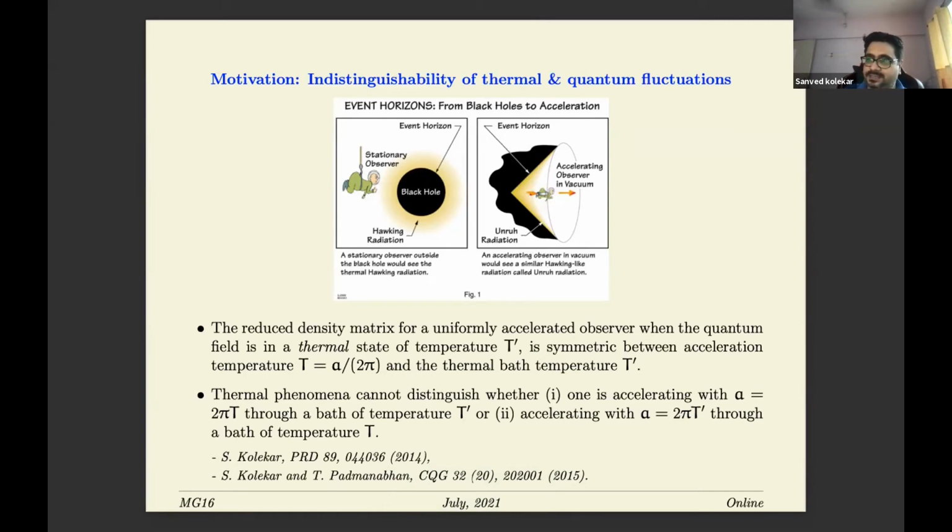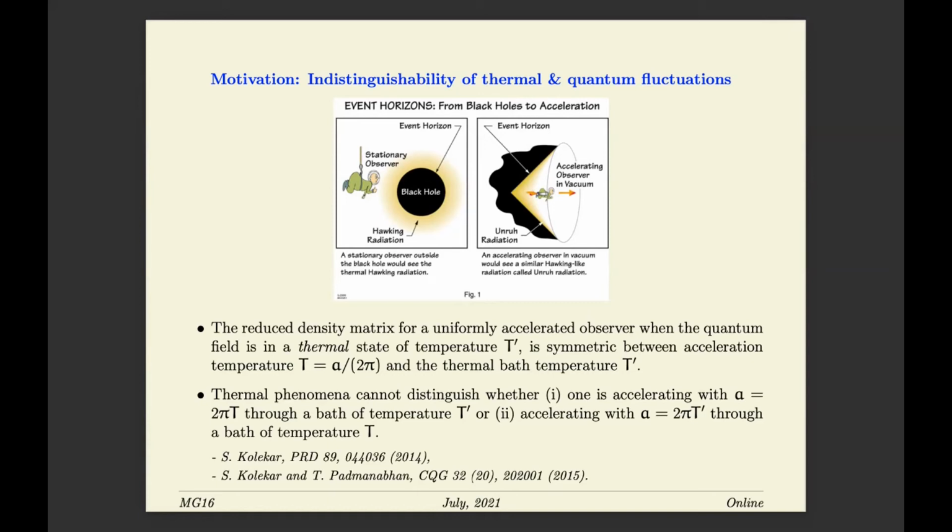The other cases are studied in the de Sitter case, where one considers the de Sitter geometry which is embedded in a higher-dimensional flat geometry. And then again, if you have those uniformly accelerated trajectories in the embedding spacetime, and you look at those trajectories as a projection on the de Sitter spacetime, then you again have such a nice feature that the temperatures are basically the sum of the two temperatures. So these are the only two places where the connection between the quantum fluctuations and the thermal fluctuations becomes evident. Okay, thank you. Thank you very much. Very good answer. Thank you.